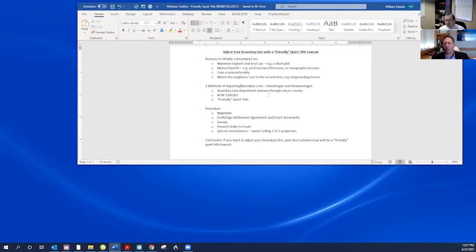So the 007 agreement, as we've termed it, has some advantages. One advantage is that you don't have to involve the city or the county. Correct. You don't want to. You can just enter into an agreement. There's no litigation involved, and the boundary is by statute adjusted once the agreement and an appropriate survey are recorded. But there are some practical problems.